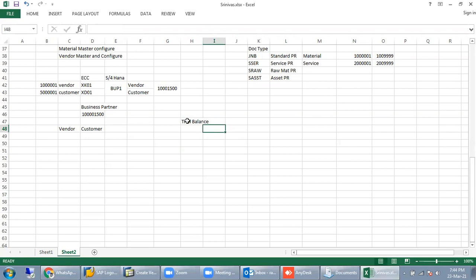When we extract a trial balance report from the FI end, and the vendor master data has 10,000 vendors, the 10,000 vendors will be displayed in a single line.